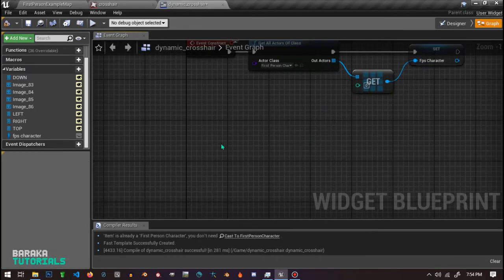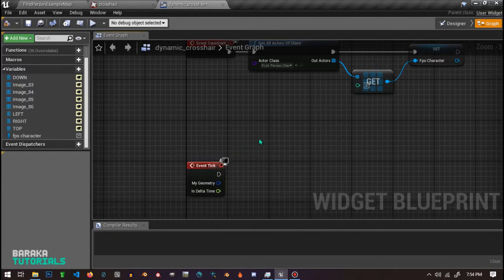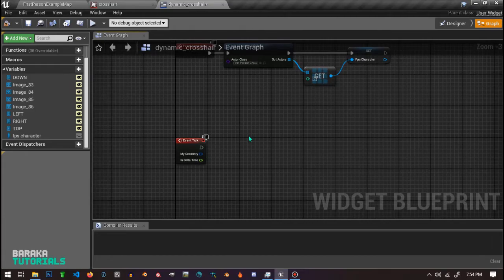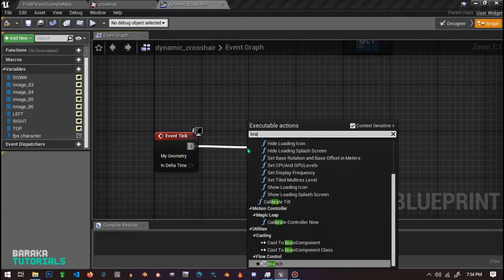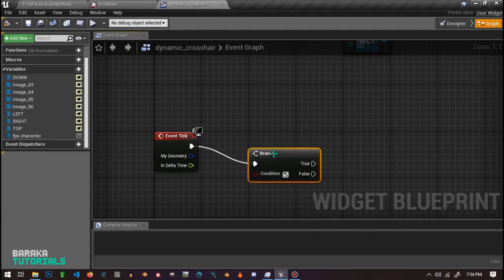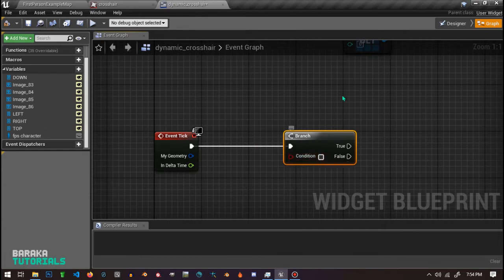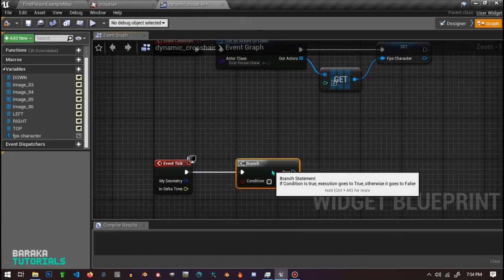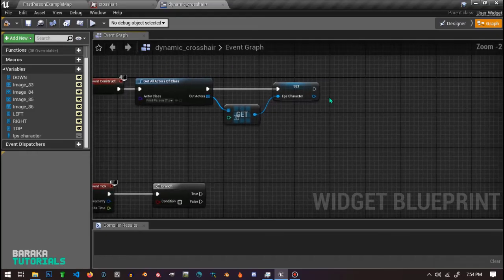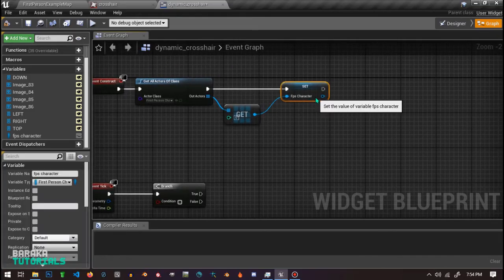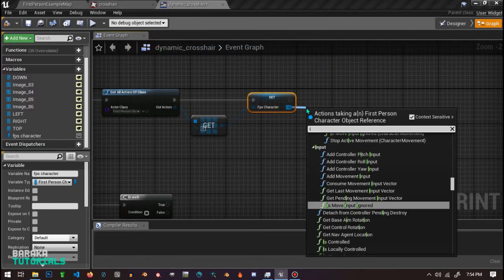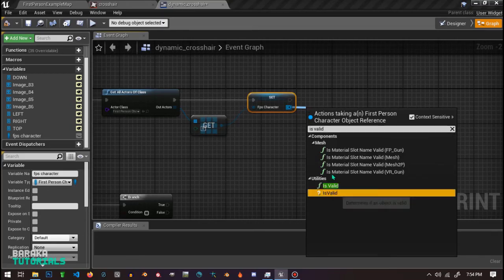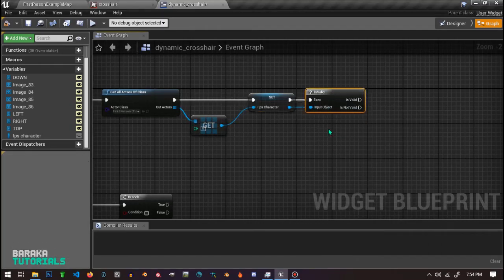From there we are going to take event tick. Then we are going to do a few things. First, let's have a branch. This branch is just to make sure that we do not have invalid references. So if this one is valid, then we will allow the event tick to work. So let's just do is valid. If it is valid,